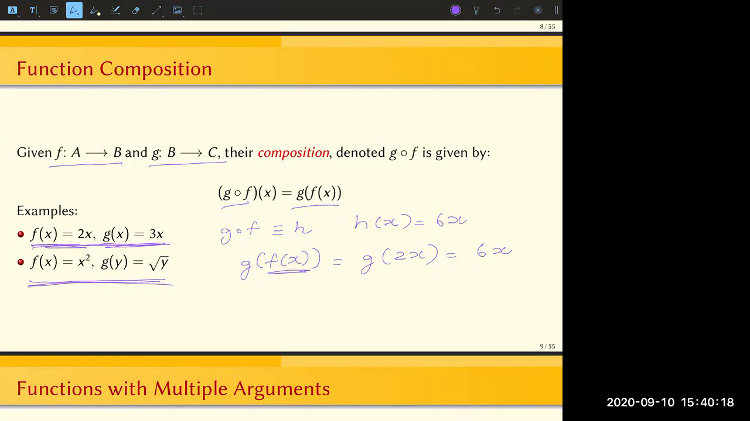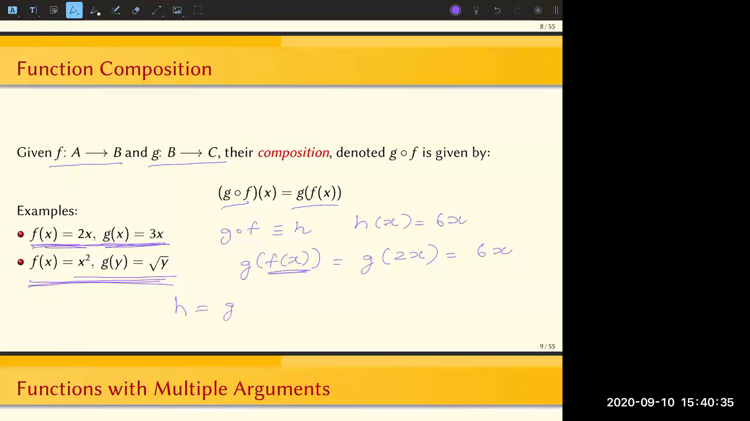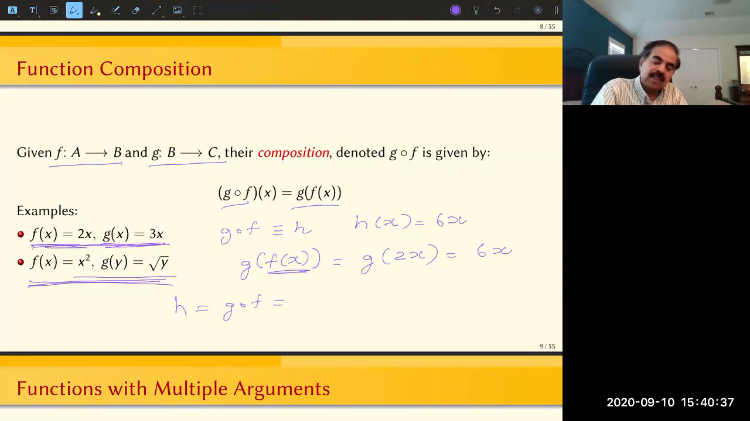Okay, I think it's... would it be x? Because, would you substitute the x for the y? Right. So basically, in this case, let's say h equals g composed with f is